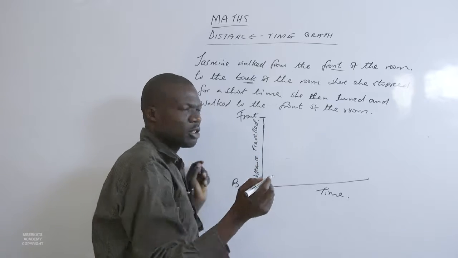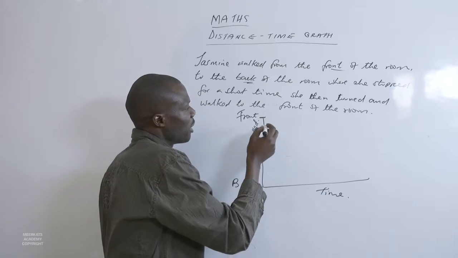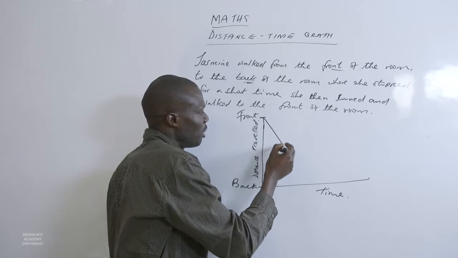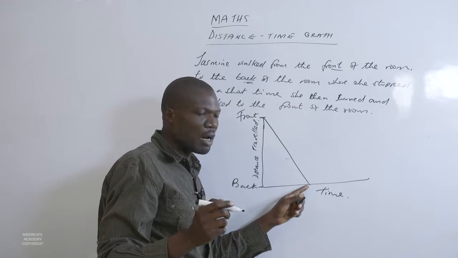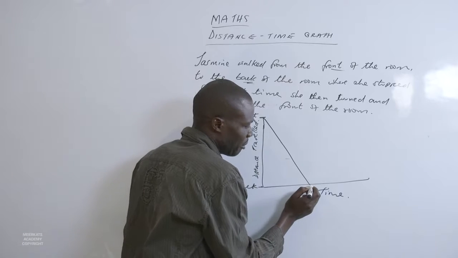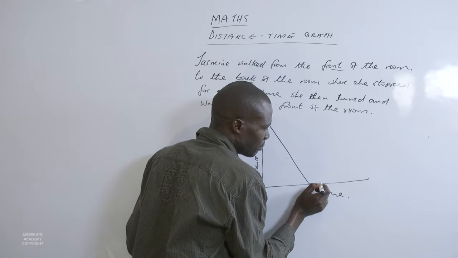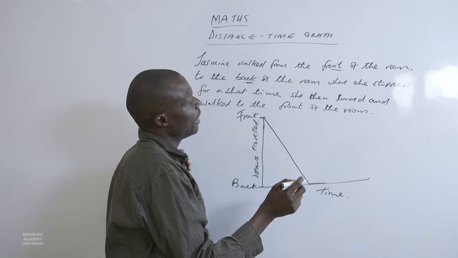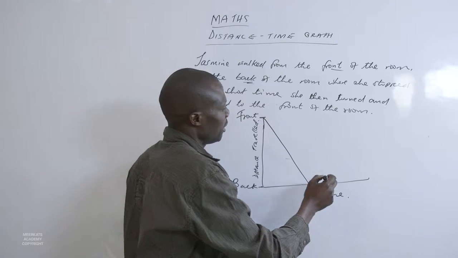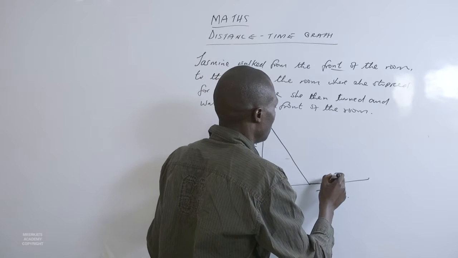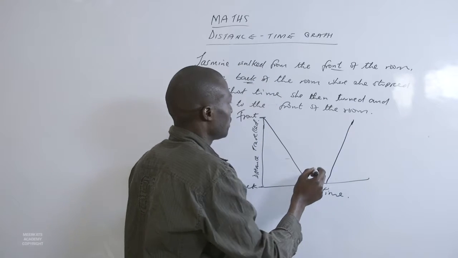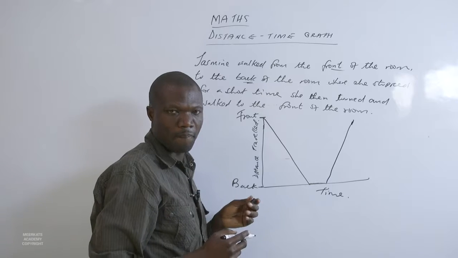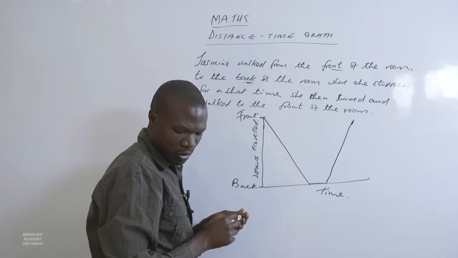So I'll expect you to have your graph starting from the front all the way constantly until the back. Having reached the back, she stopped for some time, and then turned and walked to the front again. Then somewhere there. So you see,